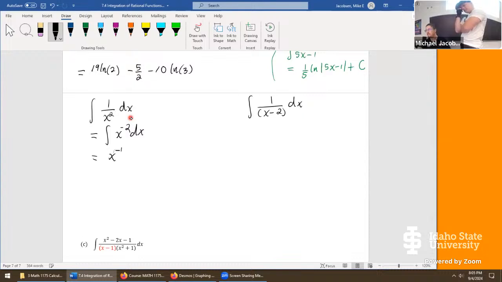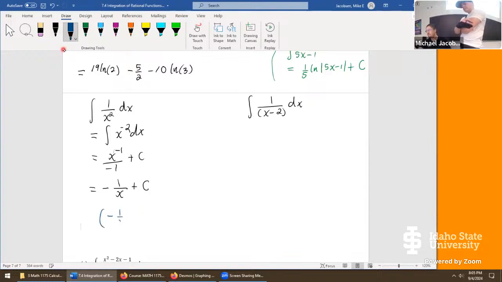It's x to the power negative 1 now. So you divide by negative 1, add the constant, and then reconvene. This is altogether -1 over x plus a constant. But the real answer to your question is, if you took that and differentiated it,